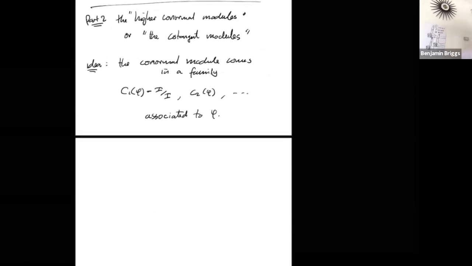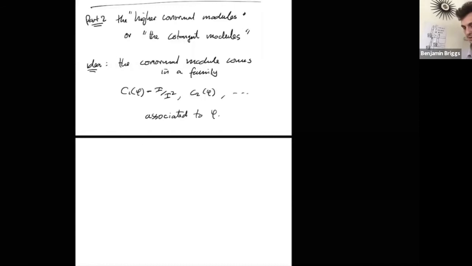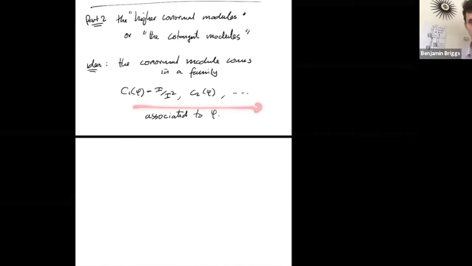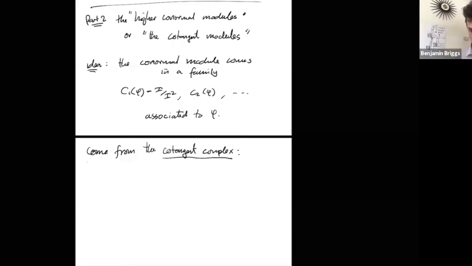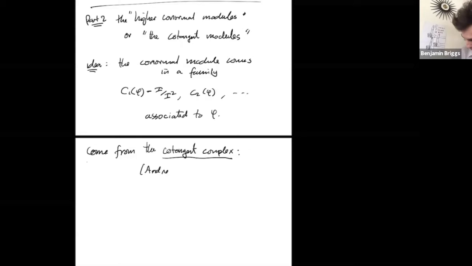Okay. So similarly to how I mod I squared has a commutative deformation theory, the idea is that these other ones have something weird, which I don't really understand, about higher deformation theory going on. Although I'll explain, C2 at least is going to be really familiar, but that's a spoiler. So they come from the cotangent complex. So for the next few minutes, at least, I have to tell you what this is or how to think about it roughly. So the cotangent complex is this really important thing that has a lot to do with deformation theory,